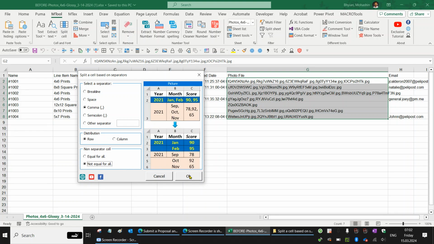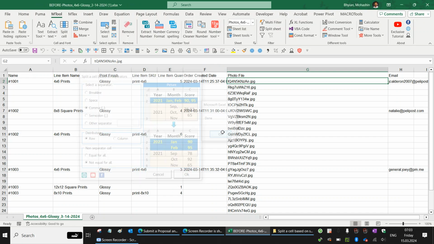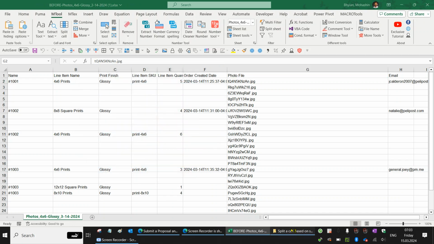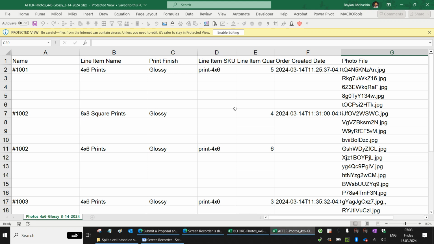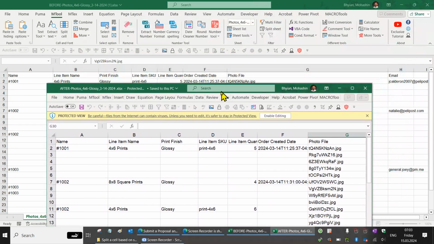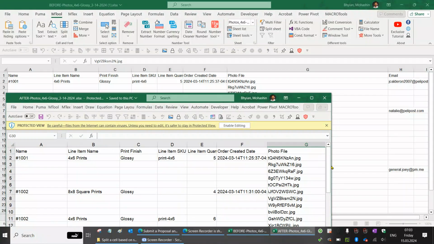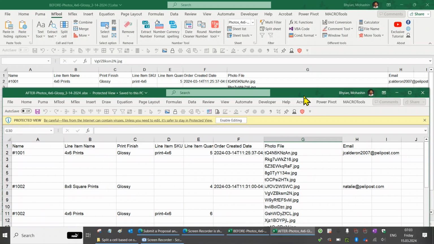Now I will click this button, and you will see it will split, and it will insert the row in between all the names. So if I click on this button here, you can see this is really very quick. So now if I open your Excel file for matching, your after Excel file is open. So now if I reduce the zoom size, you can see this is exactly matching with your before and